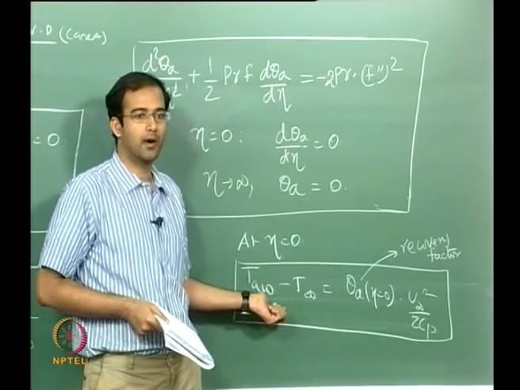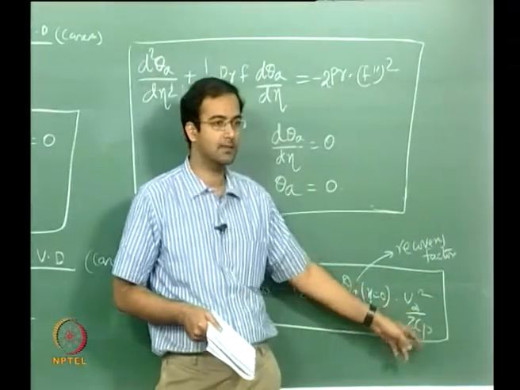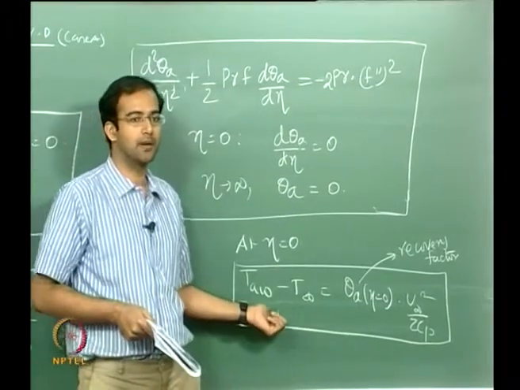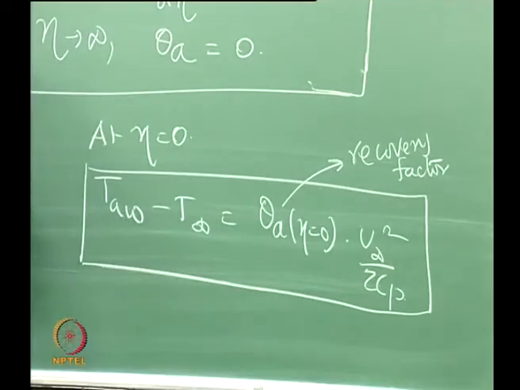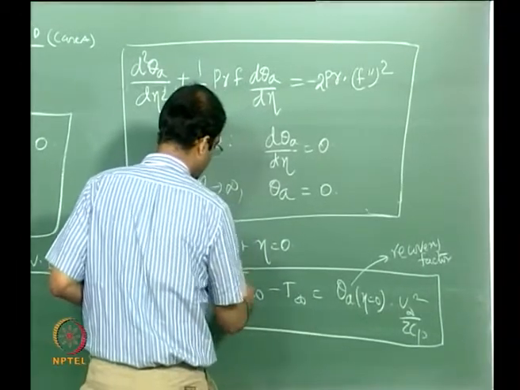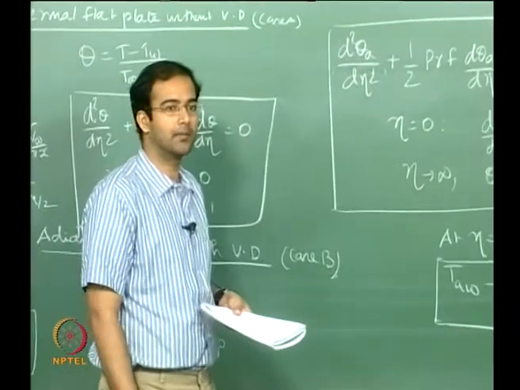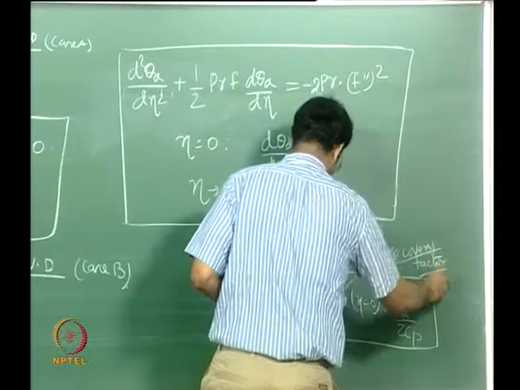What you have defined as a stagnation temperature is something like T infinity plus U infinity square by 2 Cp. Now T adiabatic wall is T infinity plus some factor times this. That factor is not equal to 1, but less than 1, and it is called the recovery factor. So you can imagine this is similar to the stagnation temperature that you have defined, but with a different factor, and that factor comes through this recovery factor.